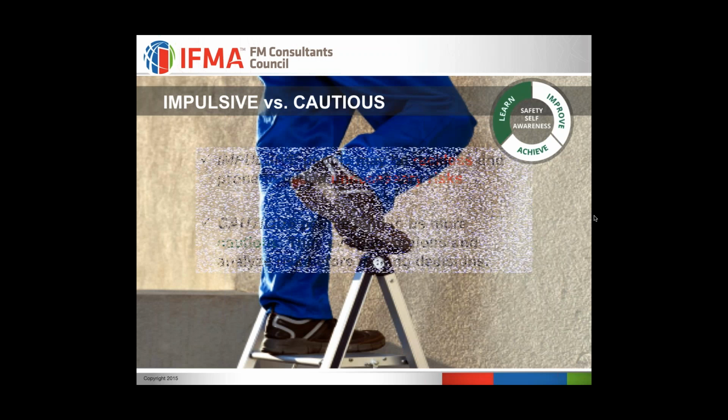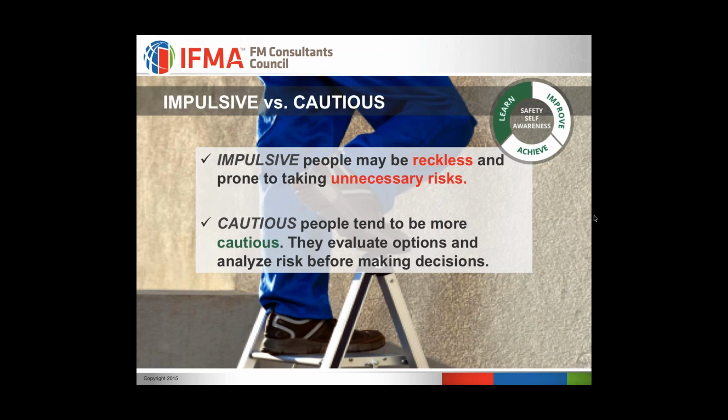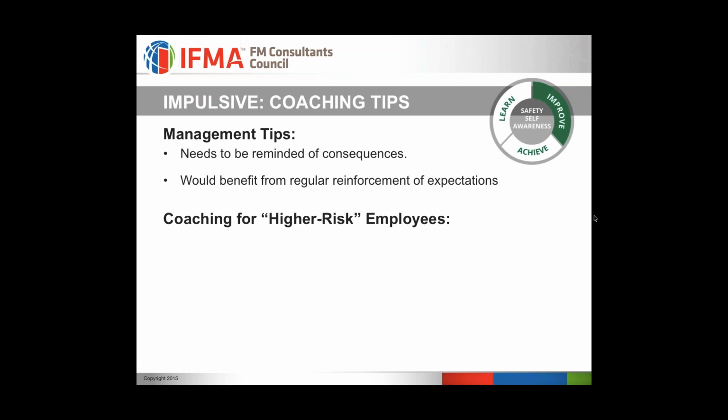Impulsive. The impulsive person is prone to taking unnecessary risks. This is the person who doesn't think through the consequences of their actions, whereas the opposite person does tend to think through those options and analyze the risk. Think back to that kid on the skateboard a few minutes ago. The cautious person may still want to go down that hill, but they're the ones analyzing the pitch, analyzing if there are pebbles, if there is a hole in that gate at the bottom, if there are holes between the slats on the boardwalk, and so on. So if you're supervising this individual, you have to remind them of the consequences of their